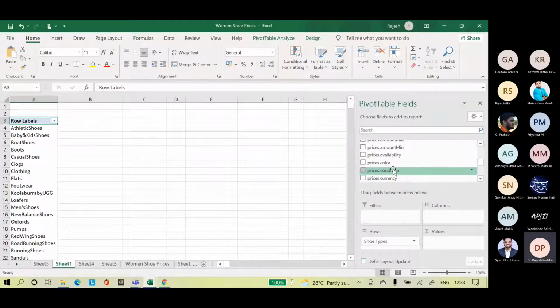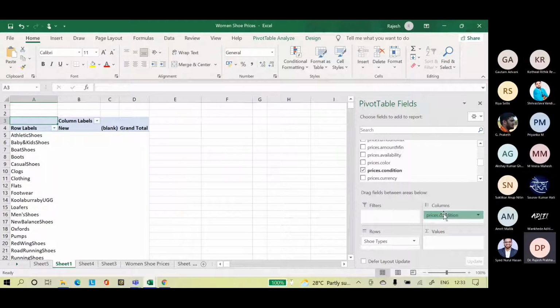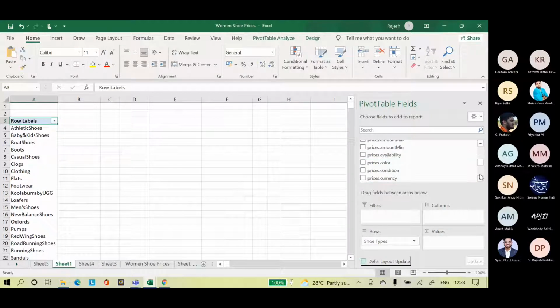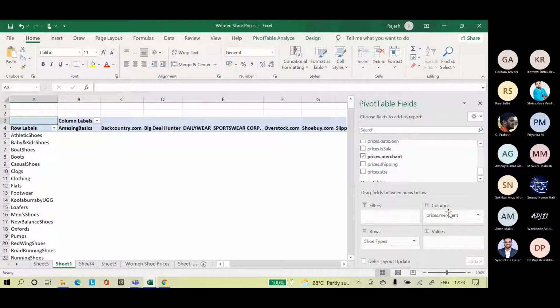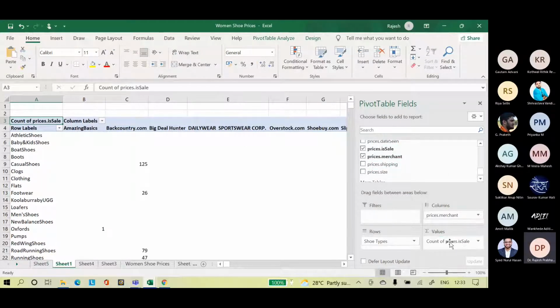There are too many colors. Prices, condition, nothing. Prices, merchant, and price is sale. So merchant wise, you can see the sale.